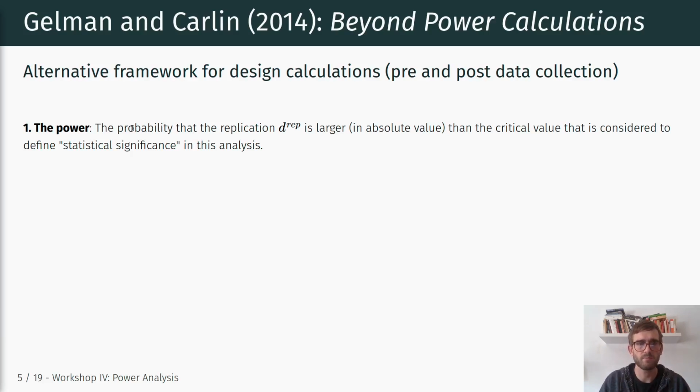So they define power as the probability that the replication, drep, which is the estimate in your experiment for one replication, is larger in absolute value than the critical value that is considered to define statistical significance in this analysis, right? So again, drep is the estimate that would be observed in a hypothetical replication study with a design identical to that used in the original study, right? So we're thinking about this in the context of repeated experiments, and thinking about power as the probability,